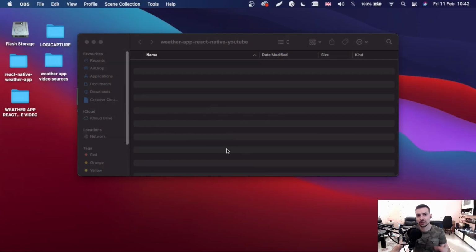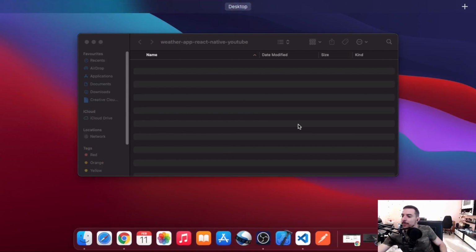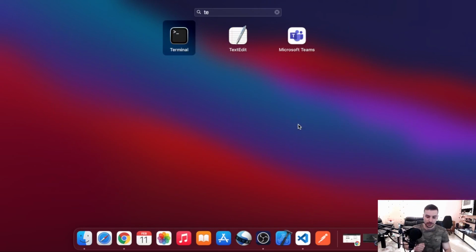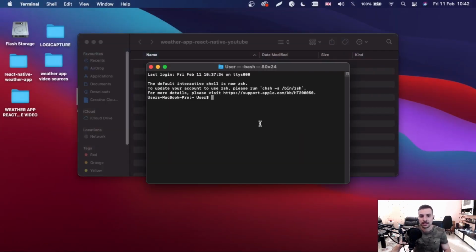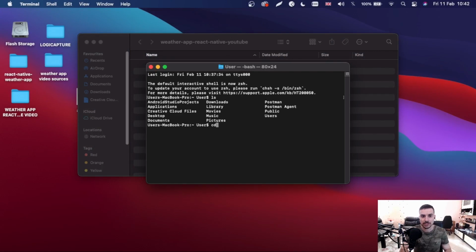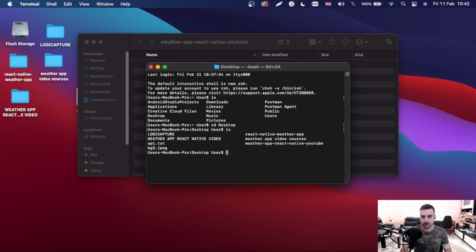Alright, so I have created a folder right here and I'm gonna open my terminal on my MacBook. So I'm gonna search for terminal and I'm gonna cd into that folder. So I'm gonna say ls first and then cd into desktop, and then ls, and then I'll find this folder which is React Native weather app React Native YouTube. So I'm gonna say cd weather app React Native YouTube, and now I will just say npx react-native init,